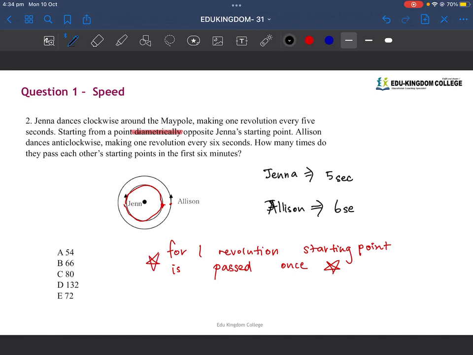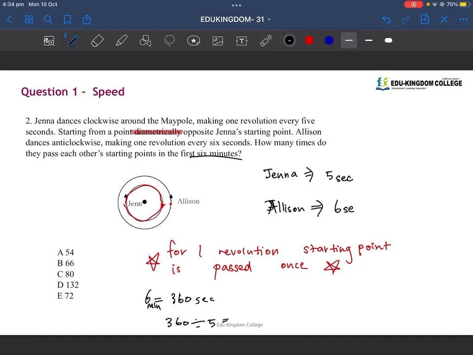If that's the case, then we know that if we just divide however many minutes, 6 minutes, equals 360 seconds, right? Because each minute is 60 seconds. So if we divide 360 by 5, and that's Jenna's rotation speed,